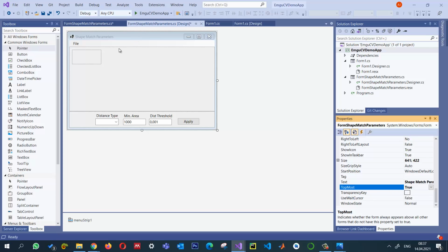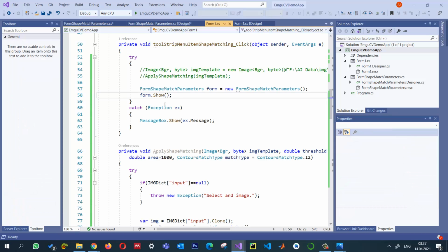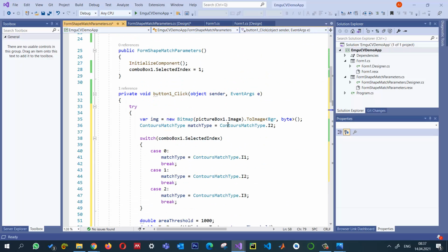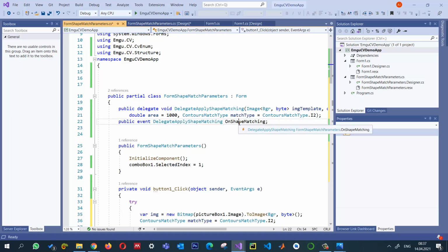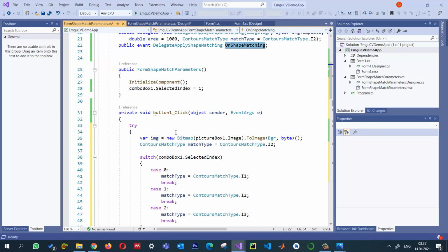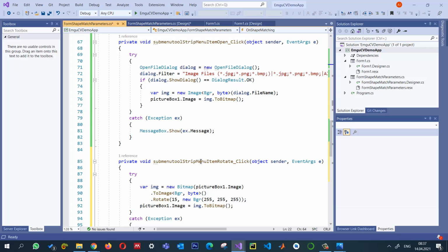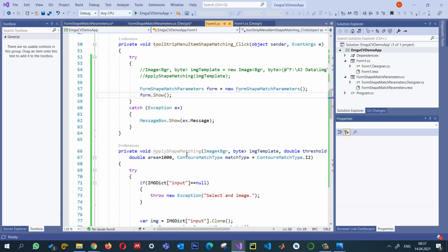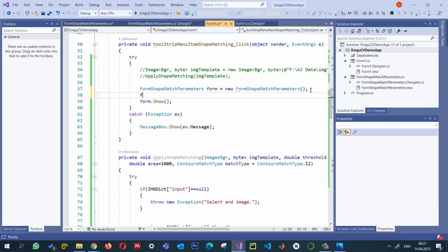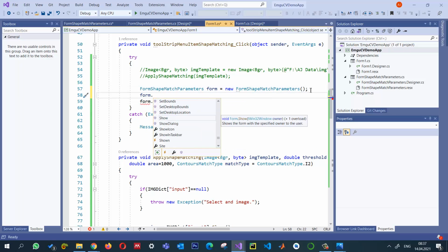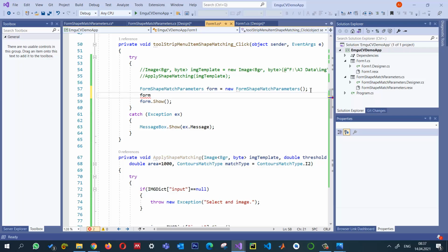Let us run, and by the way, I forgot it. So now in this situation, I did not set the event here, actually, this event, that which method to call. I need to tell that this is the method that I should be calling. So before showing it, form dot plus on shape matching. This is an event, so we are adding an event, and I need to provide this